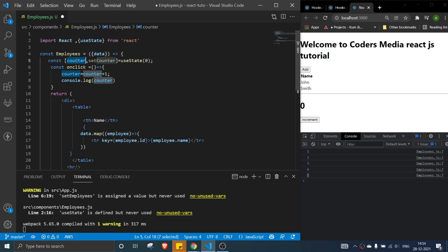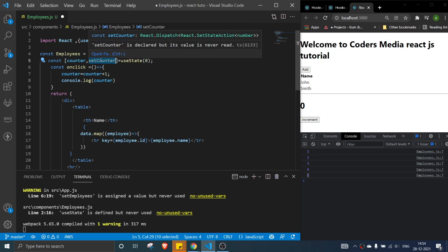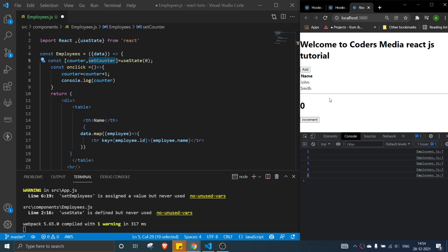This is the counter variable which holds the value, and this is the callback function which helps you with the set action. You can call this method and update the state, and then it will update the UI as well. Let's see how to do that.